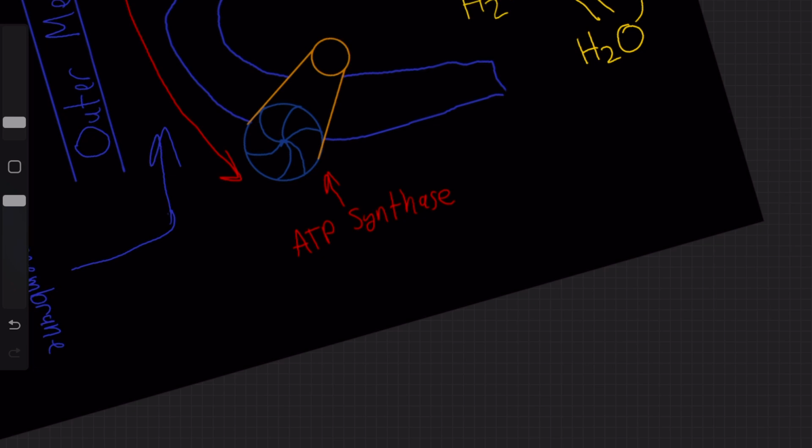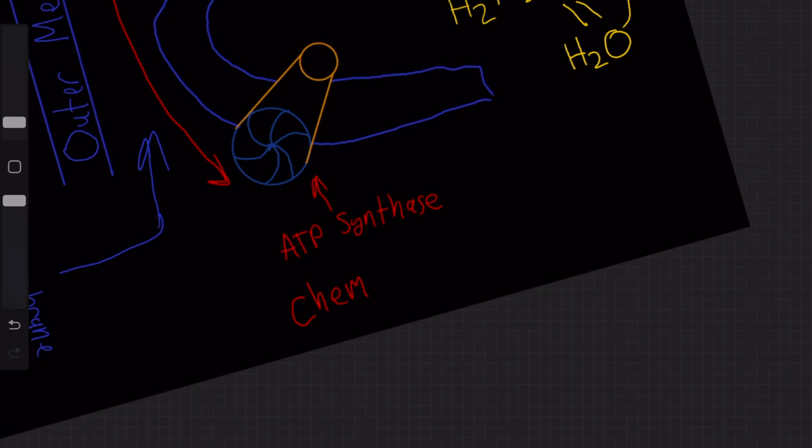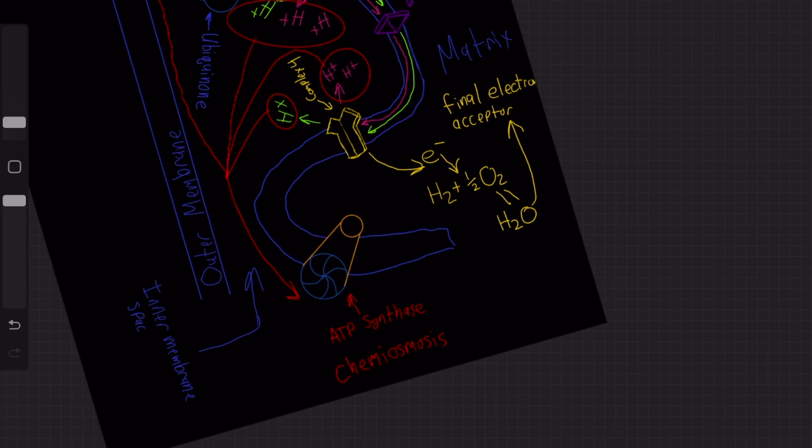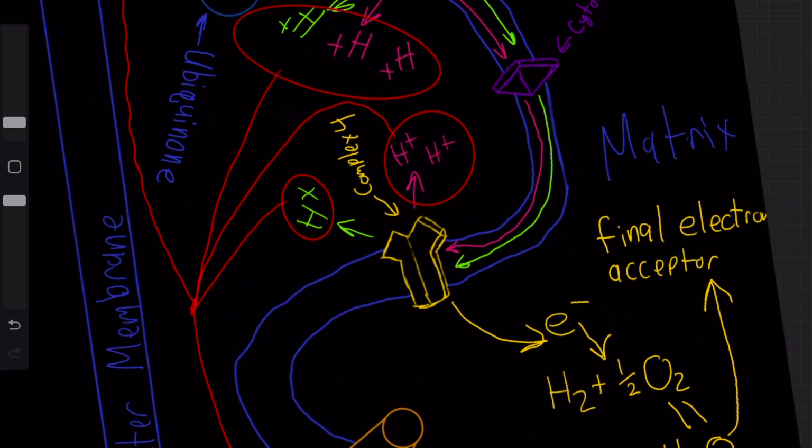And so that is what it's called. The chemical reaction that's going on is going to be called chemiosmosis. I don't know how to spell it. I think it's chemiosmosis. I might have spelled it wrong. But the whole thing, the ATP synthase needs to be powered, and we use the power of hydrogen ions,